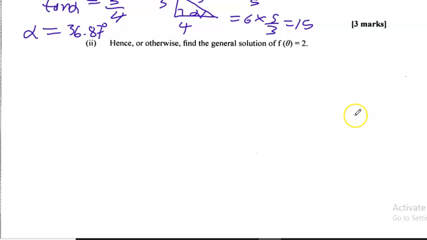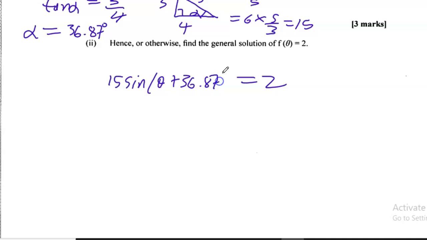Hence, or otherwise, find the general solution of f theta is equal to 2. So f theta, remember this, f theta was 10 sine theta plus 36.87 degrees. So we can divide both sides by 10,